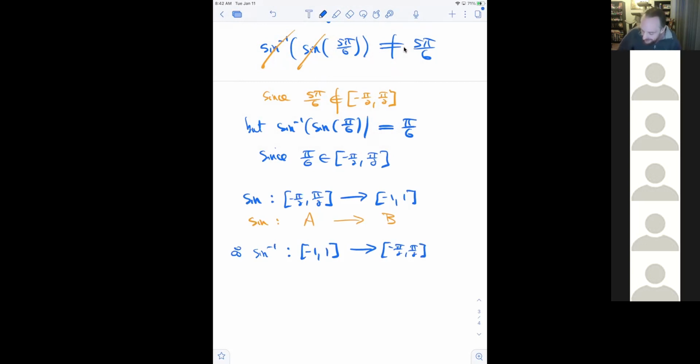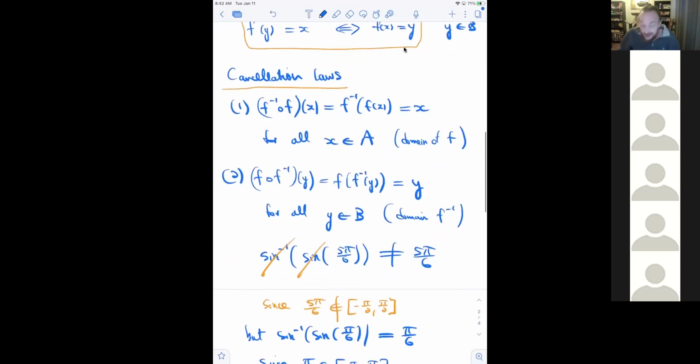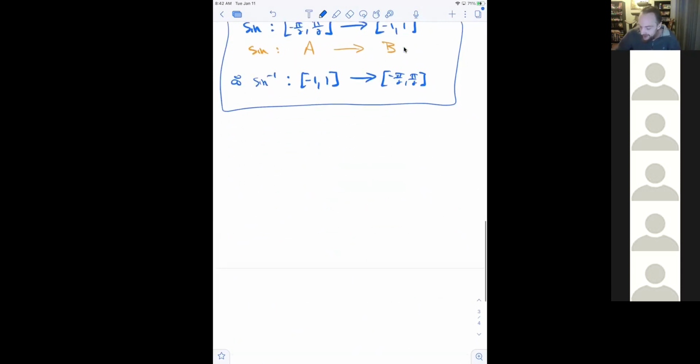And so I can only cancel when a value is inside the trigonometric function's 1-to-1 domain. In this case, sine's 1-to-1 domain is negative pi over 2 to pi over 2, cos is 0 to pi, and arctan is the open interval negative pi over 2 to pi over 2. They have slightly different domains where they're 1 to 1. Yes, and that's exactly what's going to happen originally. Don't let them try it. Everyone just says these cancellation laws. And the first functions we give you, if you have a 1-to-1 function,